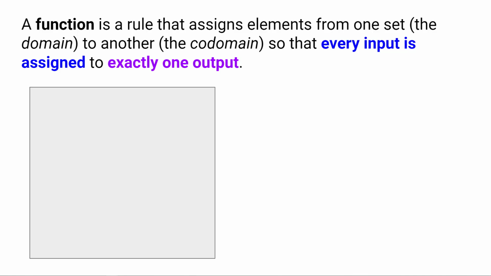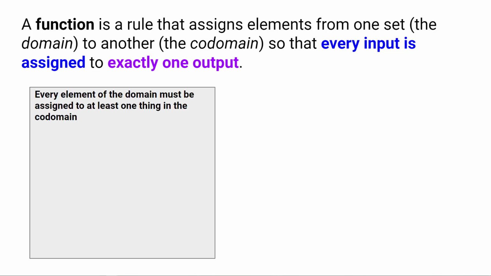What does that phrase at the end mean? Every input is assigned to exactly one output. Well, it actually means two things. First, it means that every input is actually assigned to at least one output. There can't be any input that simply doesn't get assigned or gets assigned to something that isn't actually in the